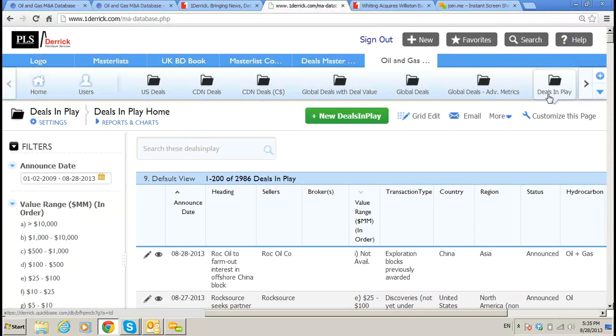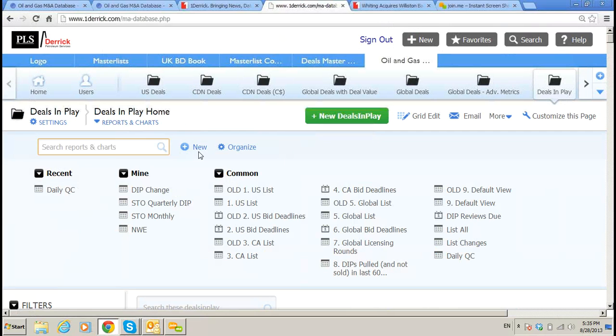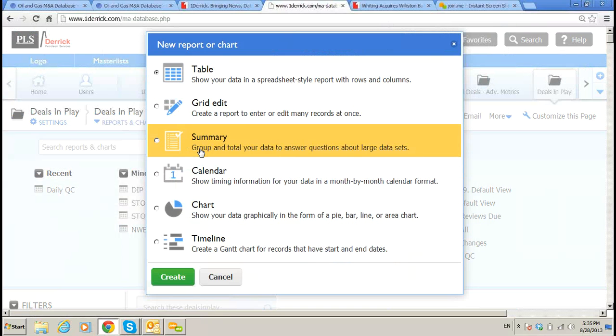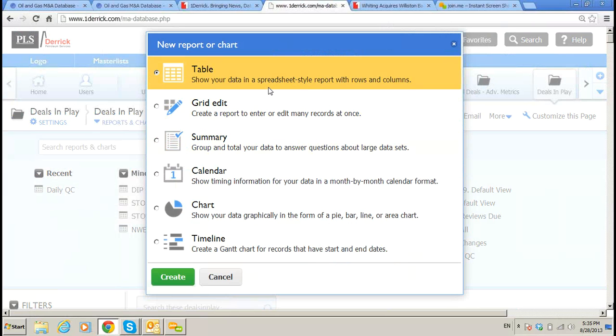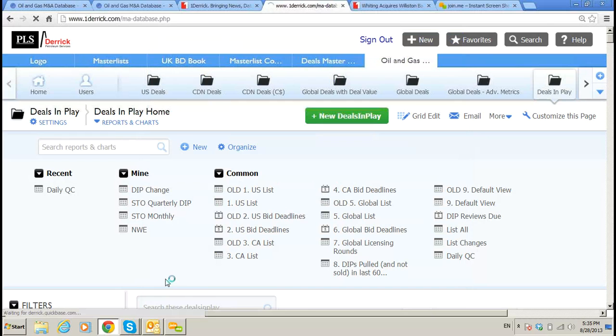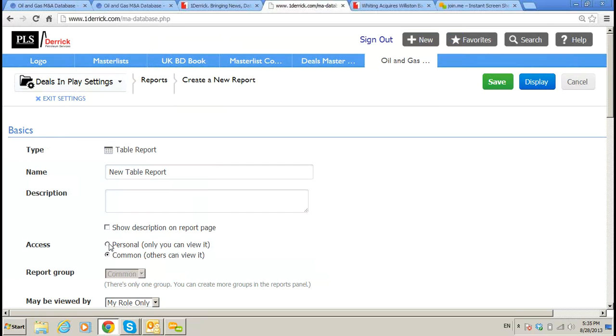And since this is a new query, I go to reports and charts and click on this button plus, which is new. I need a final report in the form of a table, which will show my data in a spreadsheet style report with rows and columns. That's the one which I need. So I'm going to create this report. This is a personal report